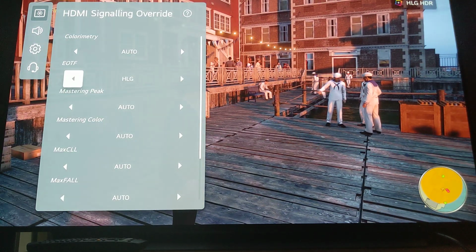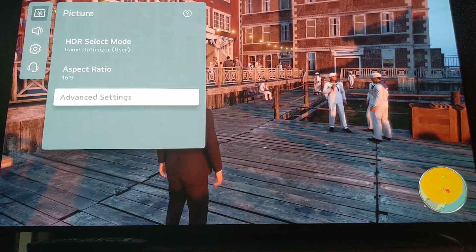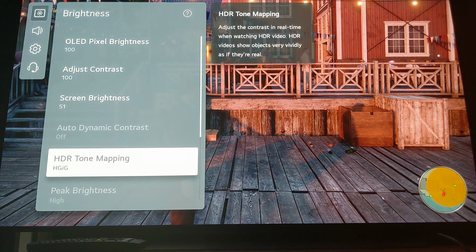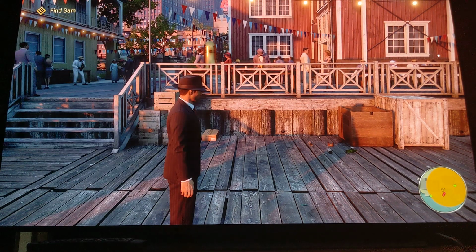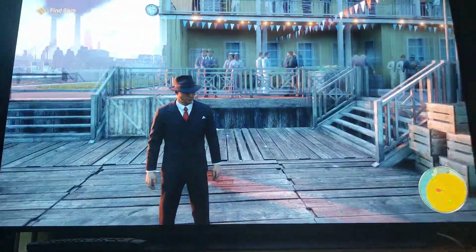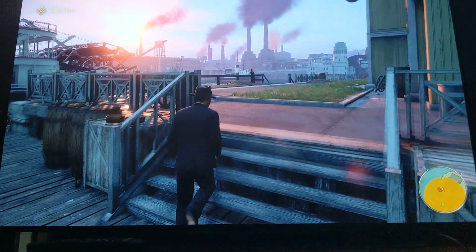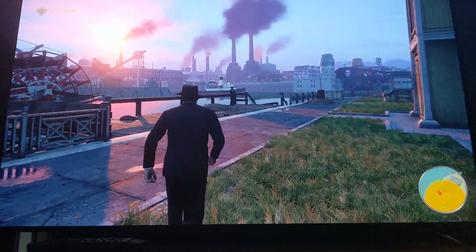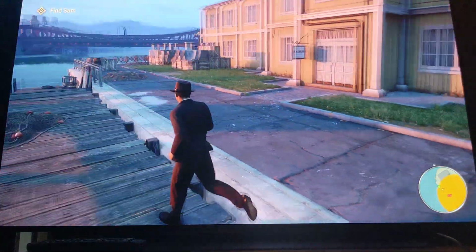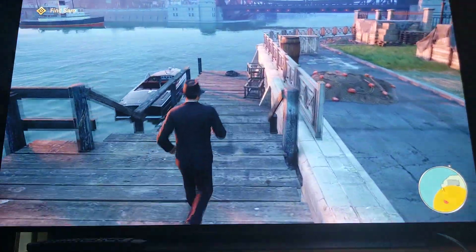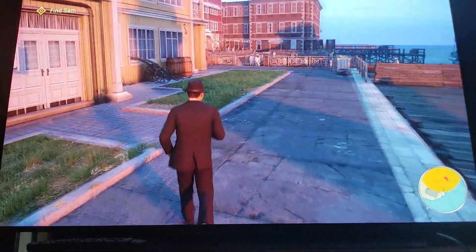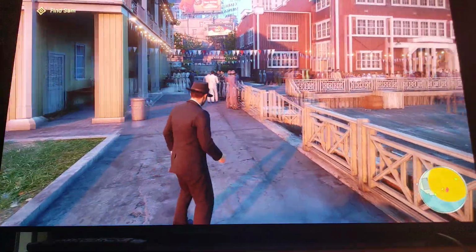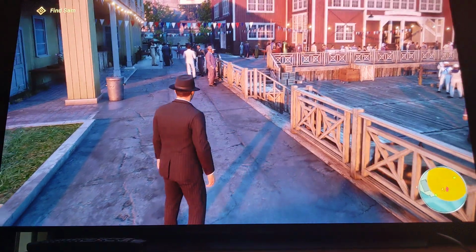I do this and it adds so much more depth to the image. That's crazy. How good is that looking? Perfect. And you don't need to know how to set up HDR. This is an SDR game, but you can even use it on HDR games. So if you're getting almost 800 nits on that sun and perfect gamma tracking, that's HDR. This is looking like a game that has amazing HDR implementation. That's how good this is looking,